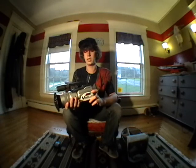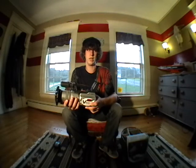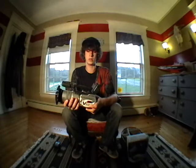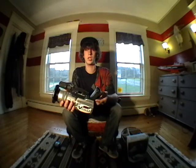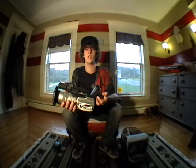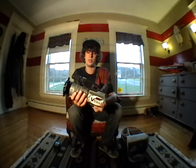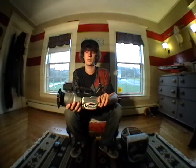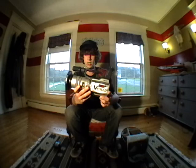That has the widescreen fisheye on it, which costs like twice the price of the camera. But that's the pro camera, or soon to be pro camera, along with the HVX. That's a pro standard def camera now. So don't buy one of these new, just go straight for the DVX because they're the same price or close to the same price. But as far as buying used, I'd say go with one of these,